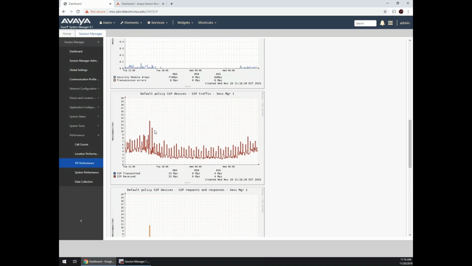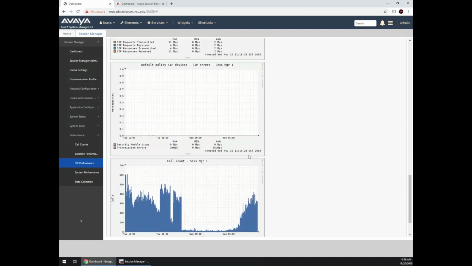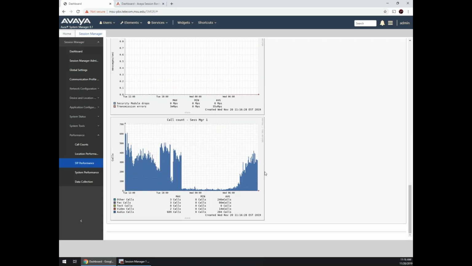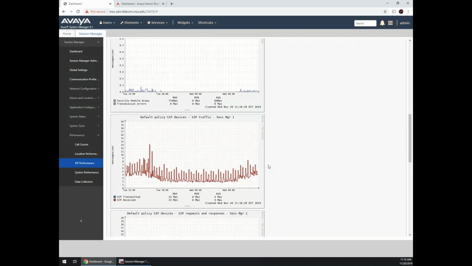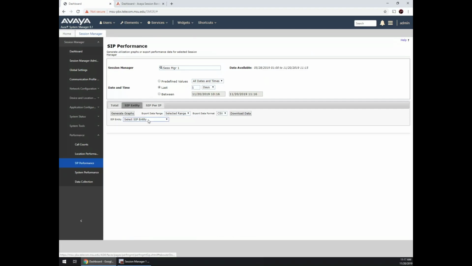These are the number of messages a second for the default policy, all sorts of information here. Again, I got call counts over here, so this shows the number of calls that were processed in any given moment on that particular session manager. Now, what's neat with this too is I can also say, okay, so from session manager to, let's say, one of my entities, in this case here, I'm going to say to,